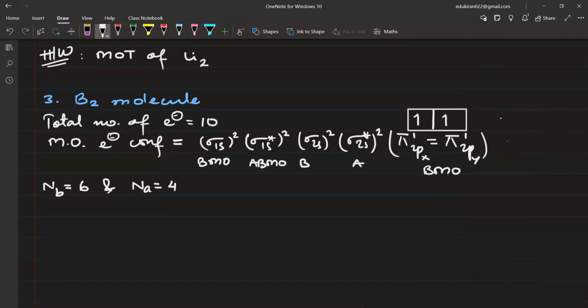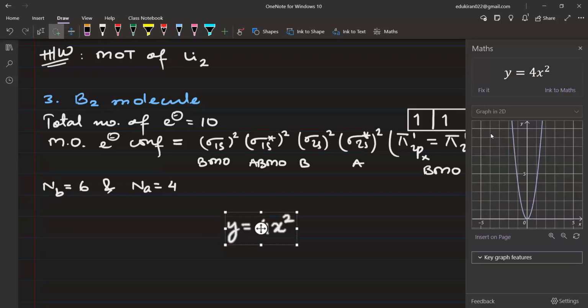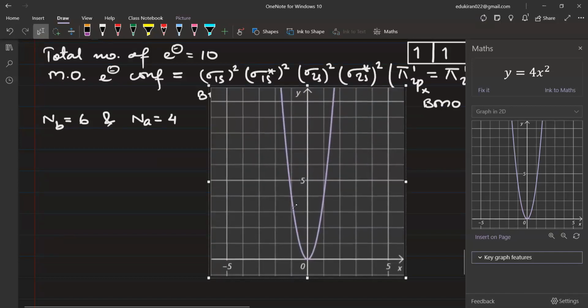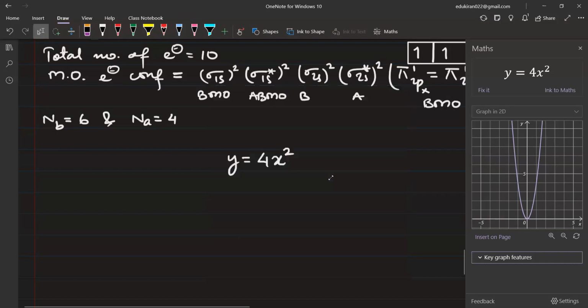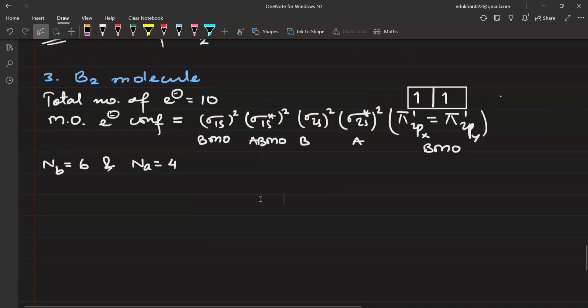देखें जरा हम लोग थोड़ा सा इधर हट जा रहे हैं। Let us suppose I want a graph of y is equal to 4x square, ठीक है। देखते हैं ग्राफ बना पाता है या नहीं। ग्राफ इन 2D, वाह यार, दिस इज नाइस, इंसर्ट ऑन पेज, ओ माय गॉड दिस इज आल्सो नाइस, आई नेवर सॉ दिस। मैथ वाले टीचर यूज करते हैं क्या ये? थर्मोडायनेमिक्स में यूज करेंगे, ग्राफ्स वहां पे। वापस आते इधर।